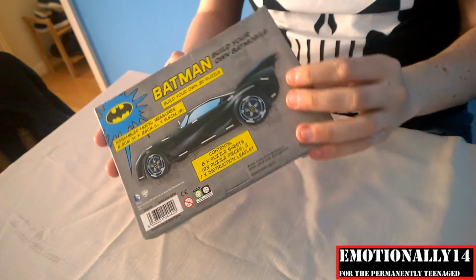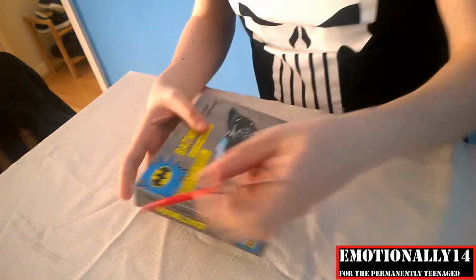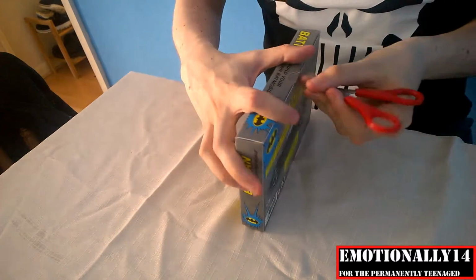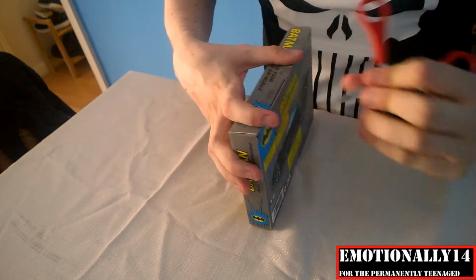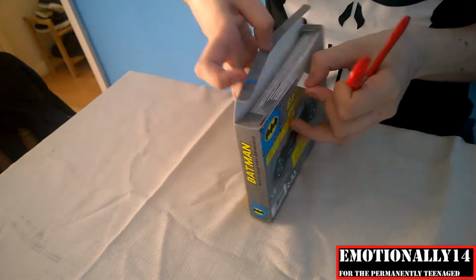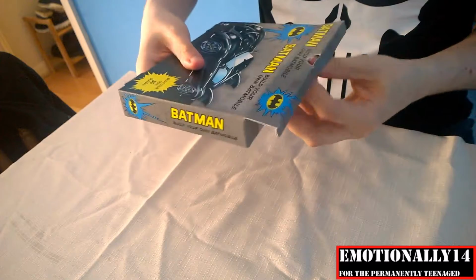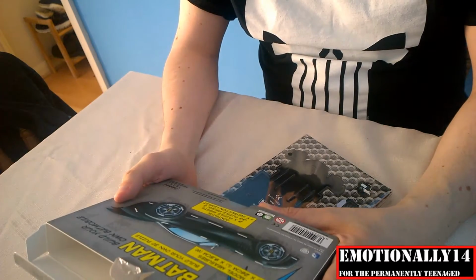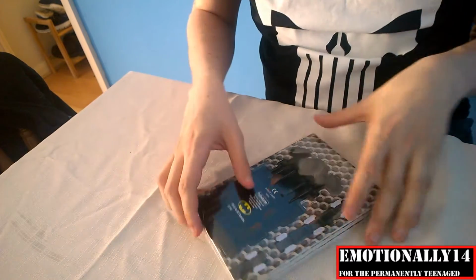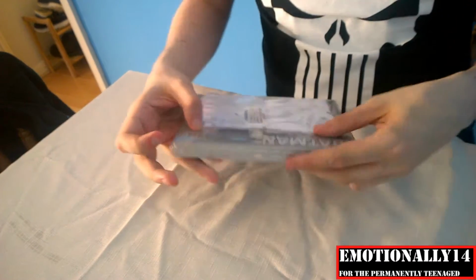So first things first, I should have thought this through before, but I'm going to just make a small incision here at the top. That wasn't actually that painful. Push this out, and let's get the bits out. Now, I'm reliably informed by the back of the box there are 8 puzzle sheets with a total of 33 pieces, within which,